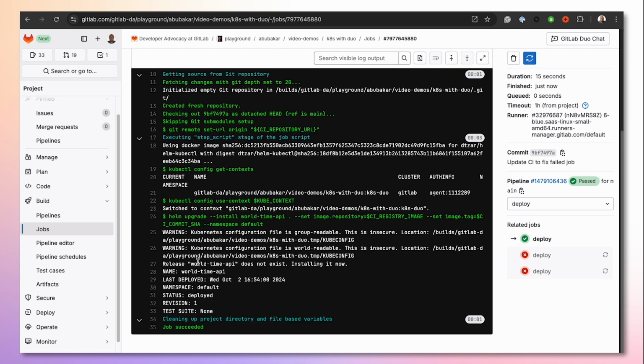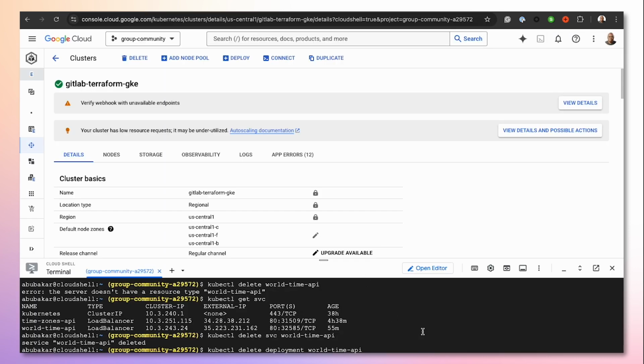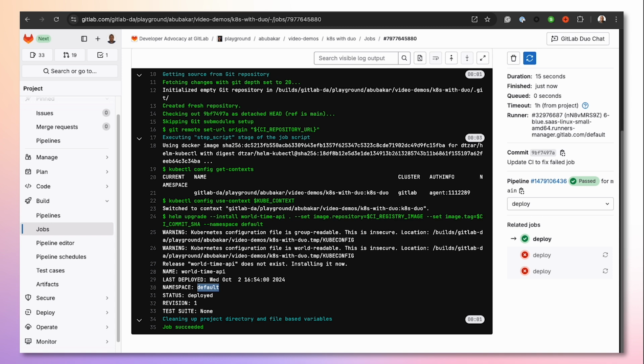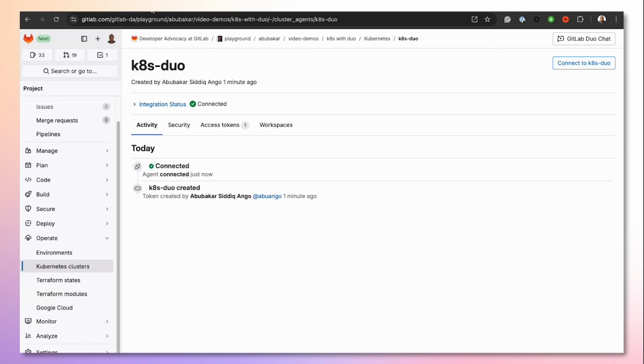Okay, after fixing that, our Helm chart has been deployed. So this is the name of the deployment. It was deployed in the default namespace, and yeah, so let's switch here and check kubectl. Let's see the name of our service, the service that has been created for us. Yeah, we have world time API, and this was, if we look at the project, the name of our service,